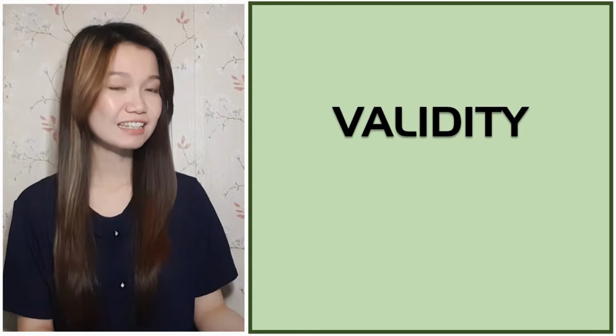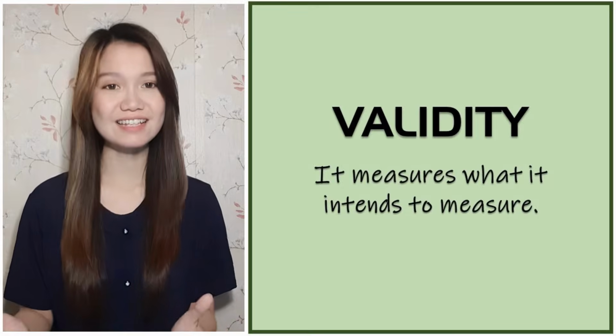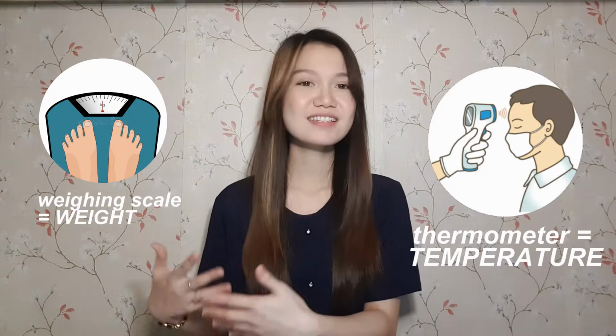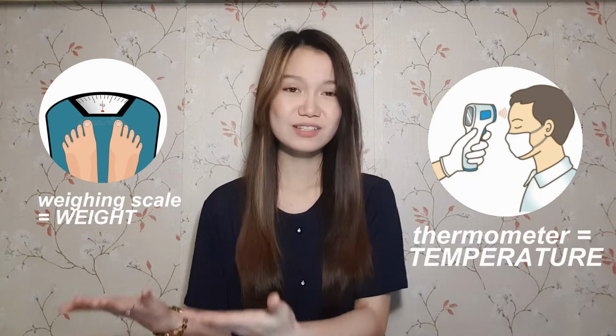The second characteristic is logical. Research is logical because it can be validated. The only way for us to say that a certain study is valid is if it measures what it intends to measure. For example, a thermometer. A thermometer intends to measure the temperature. We cannot use a thermometer to measure the weight of a person, in the same way that we cannot use a weighing scale to get the temperature of someone. On that note, using a thermometer to measure the weight of a person makes our thermometer invalid. But if we're going to use a thermometer to measure the temperature of someone, then it is valid.